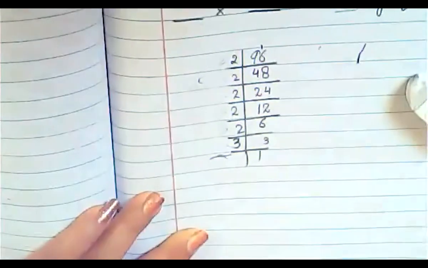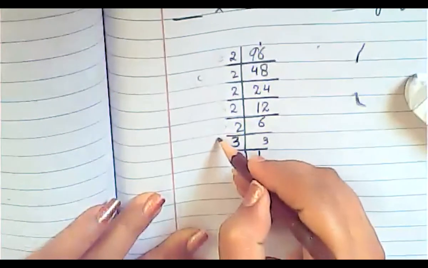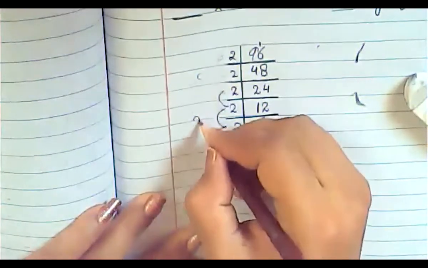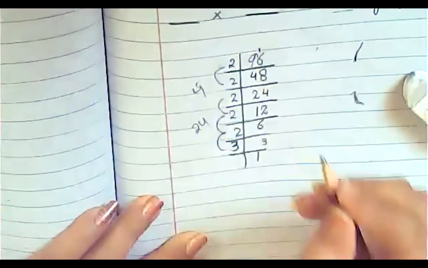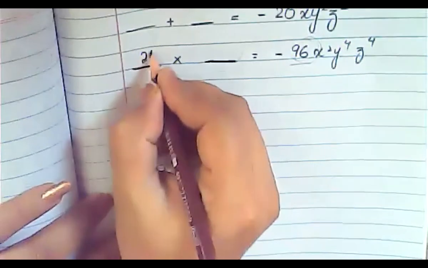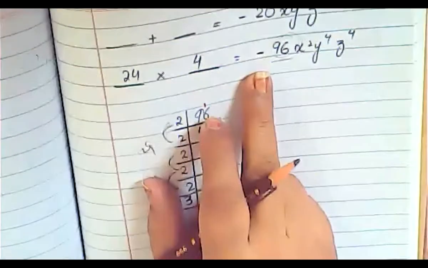So what you will do here is simply take the starting 4 terms: 3 multiplied by 2 is 6, 6 multiplied by 2 is 12, 12 multiplied by 2 will be 24, and 2 multiplied by 2 is 4. So what you will write here is 24 and 4. Now you require a minus sign.